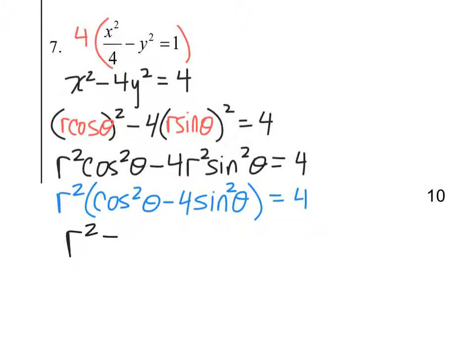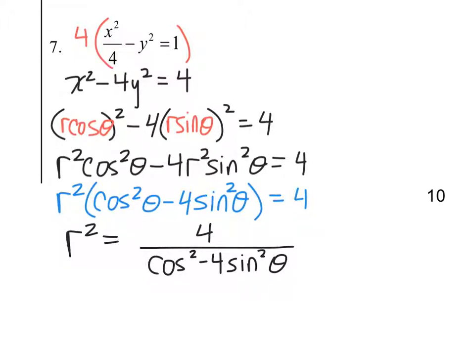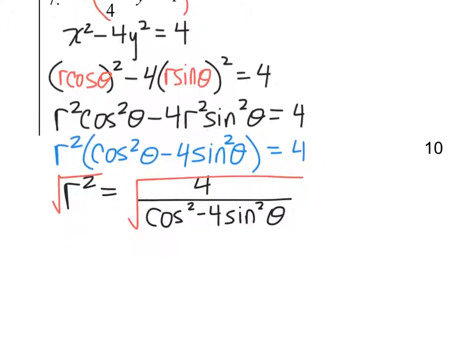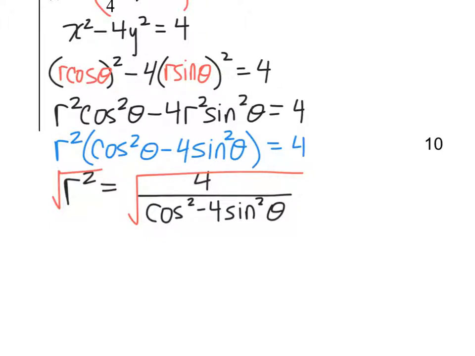Anyway, r squared would be equal to 4 over cosine squared minus 4 sine squared. Now, again, if you want a calculator friendly form, take the root of both sides. Now, you can never go wrong throwing a plus or minus in front of it. Tends to be overkill